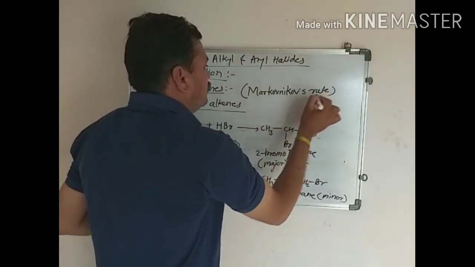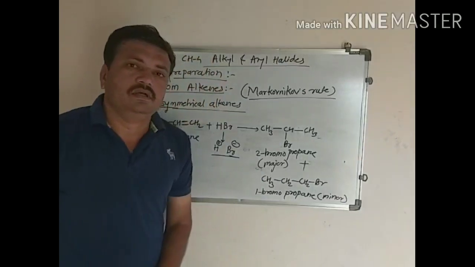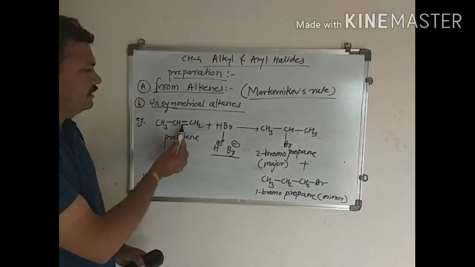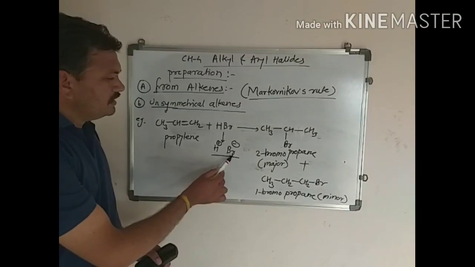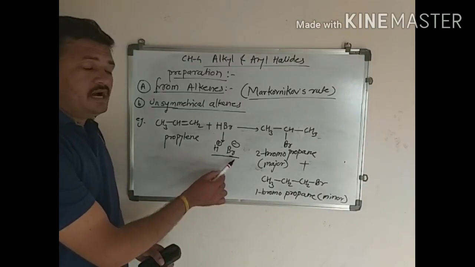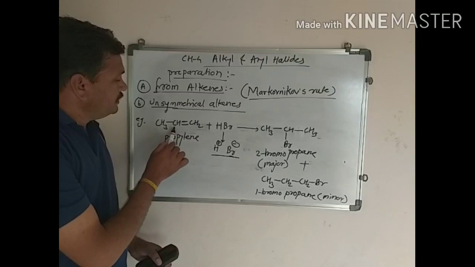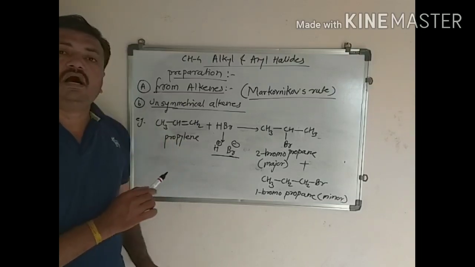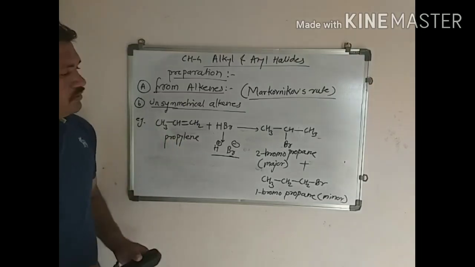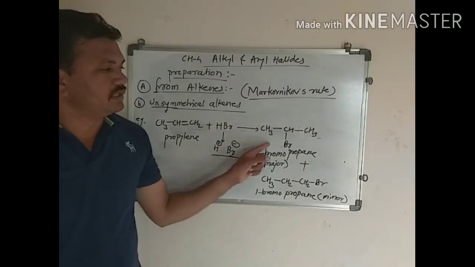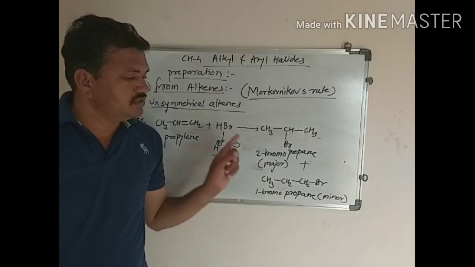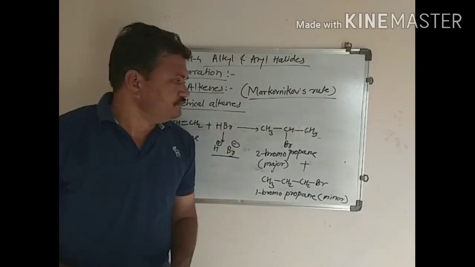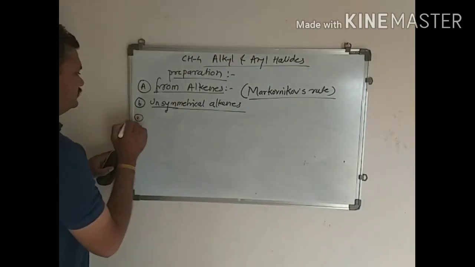Markovnikov's rule. What is Markovnikov's rule? When unsymmetrical alkene reacts with unsymmetrical reagent, then the negative part of the reagent, that means Br minus, attached to that carbon atom which carries less number of hydrogen atom, and we get two types of the product, and this product is the major product according to Markovnikov's rule, and this product is minor product. Okay. Example second: